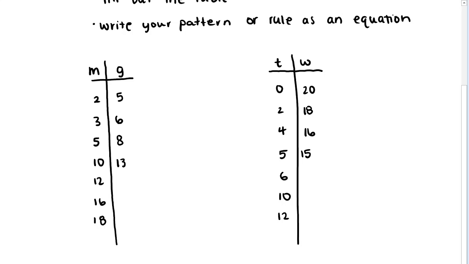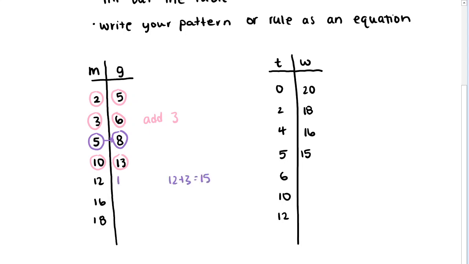But another way we can get from 3 to 6 is through addition by 3, right? Add 3. And if we look at the next pair, this rule also applies to this pair, right? So if I go from 5 to 8, well, that can be seen as adding 3 to 5, right? If I take my value of M and I add 3 to it, I get my G value 8. And we can go through all the other pairs and see that this is true there too, right? 2 plus 3 gives us 5, 10 plus 3 gives us 13, and we would see here that if we take 12 and we add 3 to it,